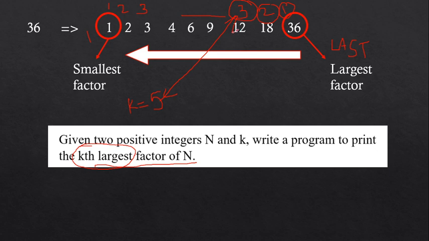Can you all understand this? If I have found the third largest factor, you should check it with k. What is k? The fifth largest factor. So find the fourth largest, then when you find the fifth largest factor, print it and stop. Is that clear? If the k value is 5, count until you reach the fifth largest. Once you reach the fifth largest, print the output and stop. Is it clear for all of you?